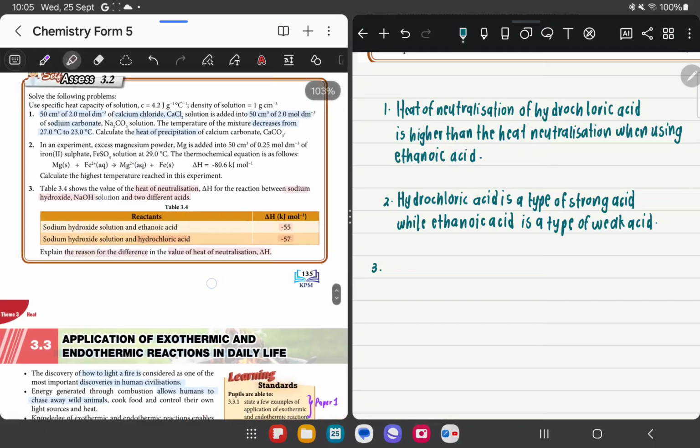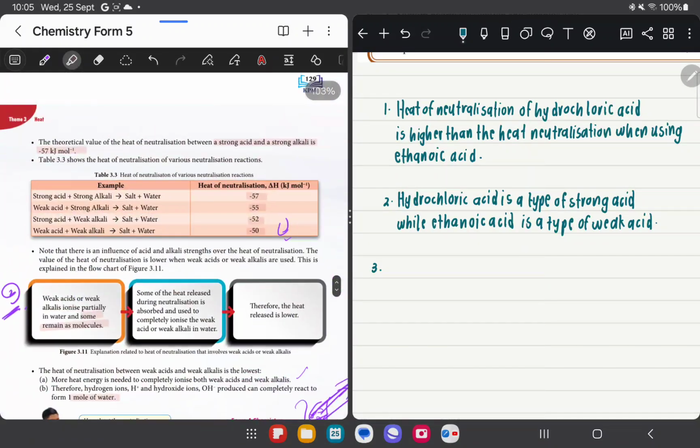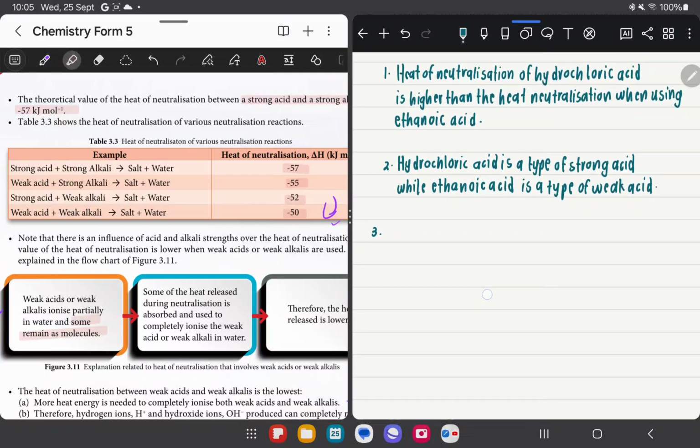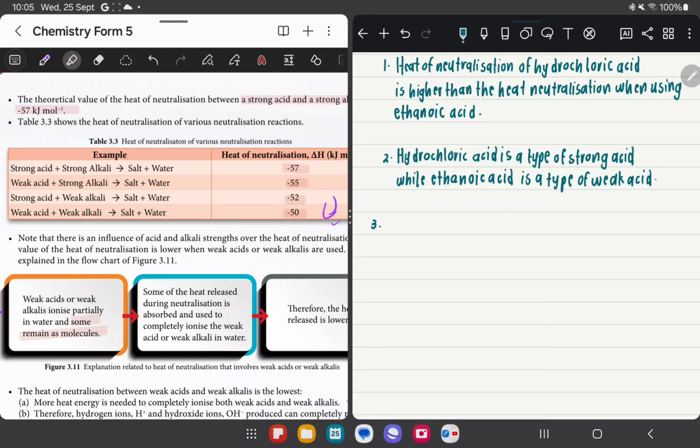Okay, I tell. Okay, wait, I scroll down to the earliest part. Okay, weak acids, right? So you should tell like this: weak acids ionizes partially, correct? So ethanoic acid ionizes partially in water. Okay, you should mention completely. You must say in water. You cannot miss out the in water. It's a must. In water, and